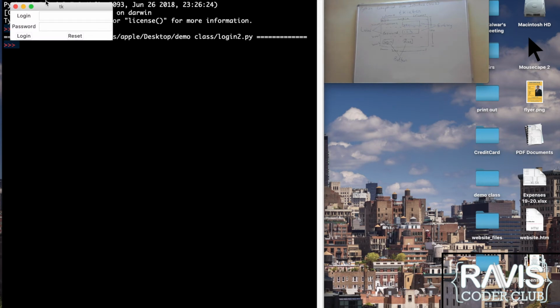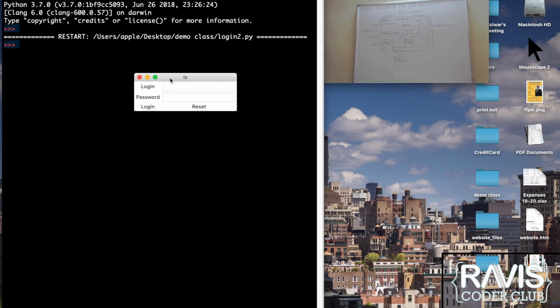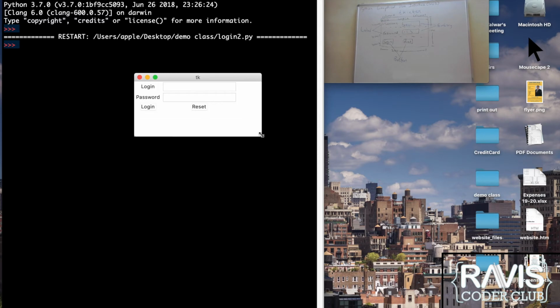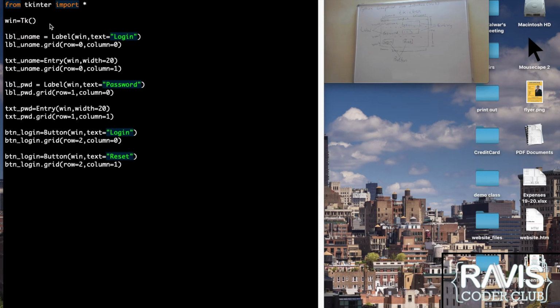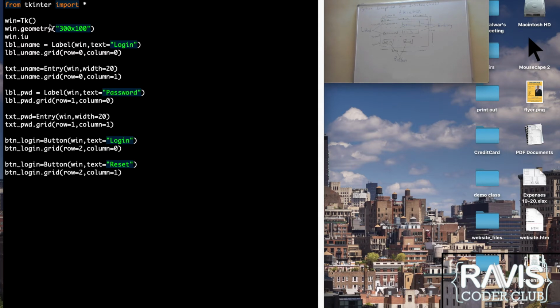When I run the code, you see I get a window like this. Now I haven't specified the dimensions of the window, so you see that the window is very cut to cut. I had to stretch and expand it. So let's specify the dimension for this window. We do it like this: win.geometry. So win refers to this login window, and we are also going to add in a title. Oops, title login.